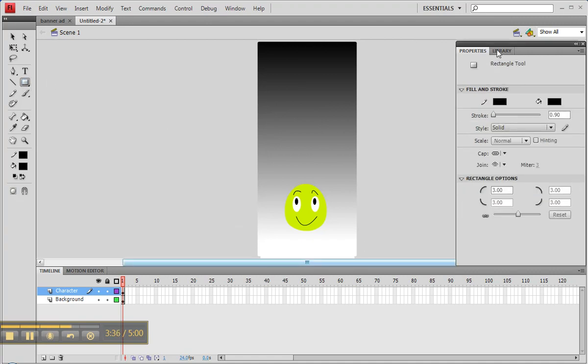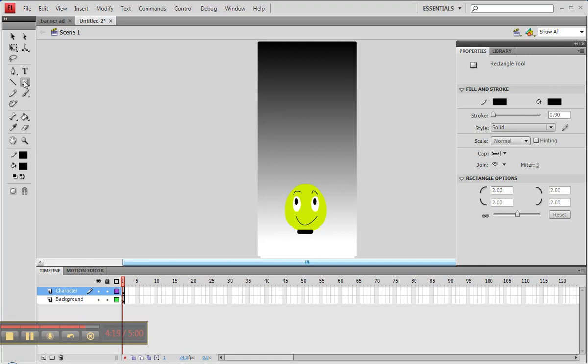I wanted to bring your attention back over to the properties palette, and you can see here one of the rectangle options, which is to give it round corners. So potentially I could just do a straightforward rectangle with 0 rounding on the corners, okay, or I can use a slider to actually set some rounding. And I had sort of 3 before all the way around. Just actually gone to -3 for a second. So I'm just going to choose a slightly rounded rectangle in black, just to put in his neck,